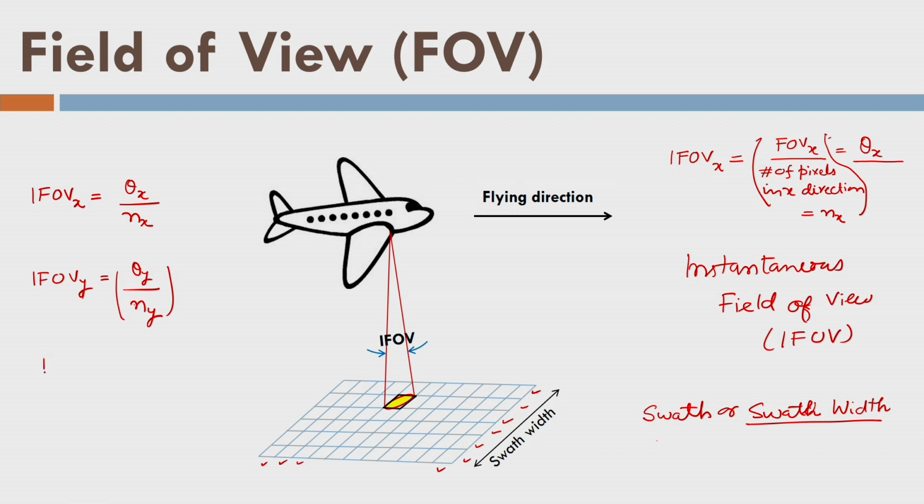One should note here that, in general, since the pixel size on the sensor is the same for the x and y directions, that means we have a square-size pixel. That is why the FOV in the x direction and the number of pixels in a certain direction, x or y, are decided or designed according to this criterion. So we will have a square-size pixel on the sensor, and that should create a square grid, or box, or GSD, the ground sampling distance, on the surface of the earth.